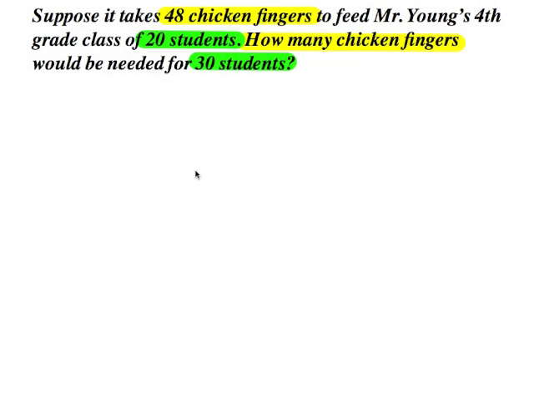In this example, we're asked about chicken fingers for students. So what we're comparing is C for chicken fingers and S for students. In the first fraction, I have 48 chicken fingers that will feed the 20 students. So the bottom of that fraction is 20. This fraction asks how many chicken fingers would be needed for 30 students. So the C is my variable. I don't know how many chicken fingers, but I do know 30 students, and my S is what goes on